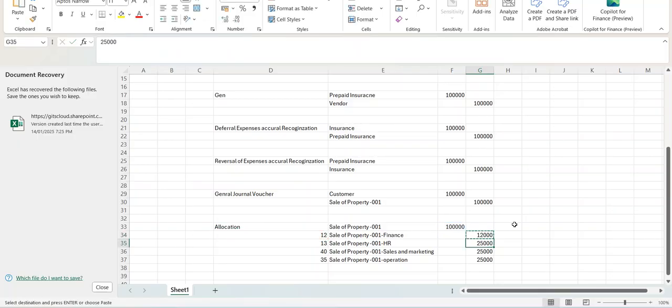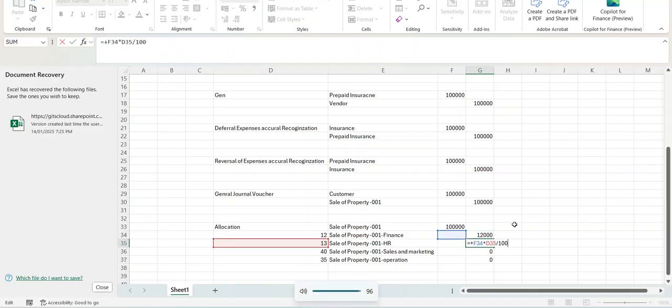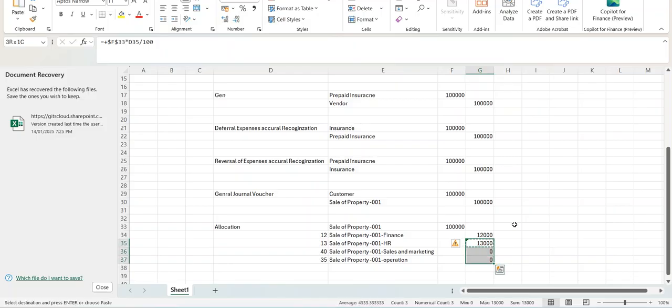Similar way, it will be split with all the rest, and you can see now my total value of this particular individual ledger account is 1 lakh, and my sale of